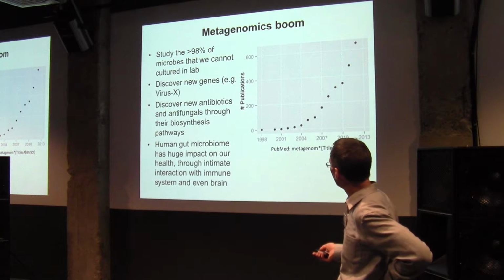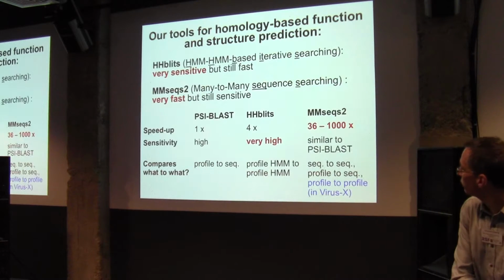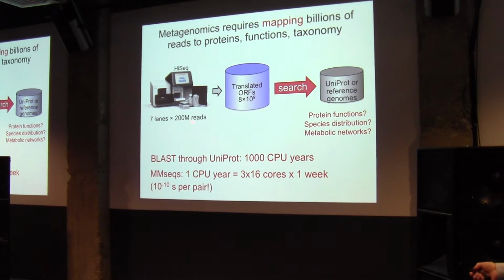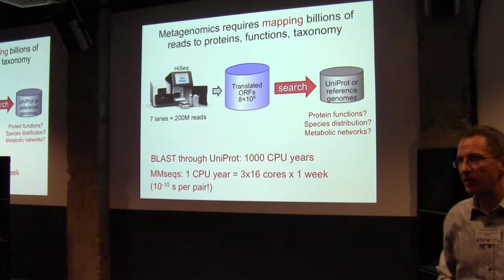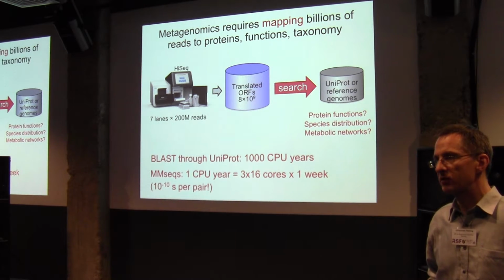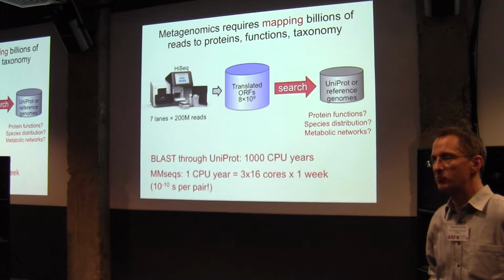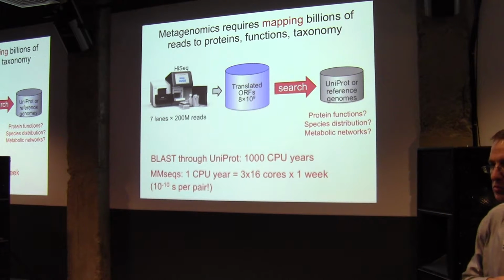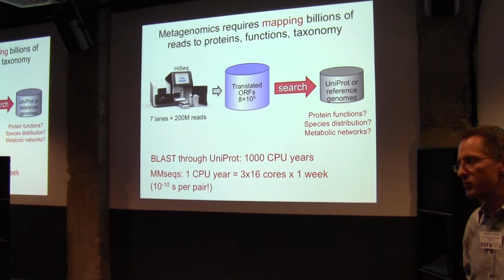So that's why a lot of people are now interested in metagenomic sequences, but the problem is that most of those sequences that are sequenced nowadays, there are so many of them that they can't do the function prediction very well anymore for all of them. The tools that they can use need to be very fast, and the fast tools are not sensitive.